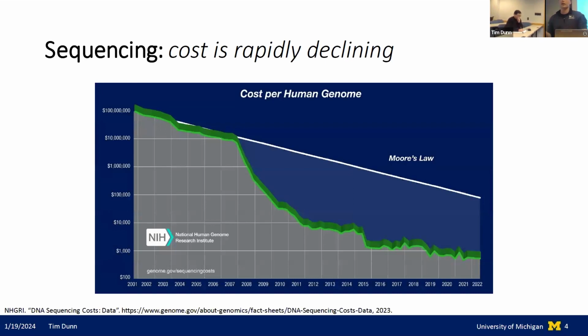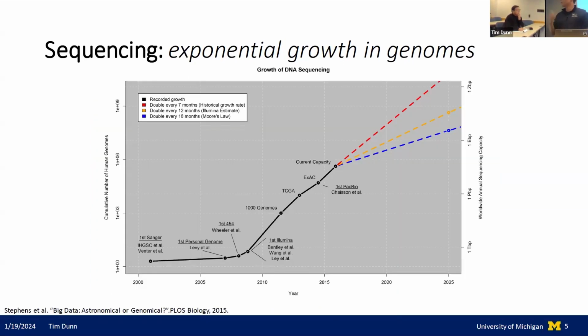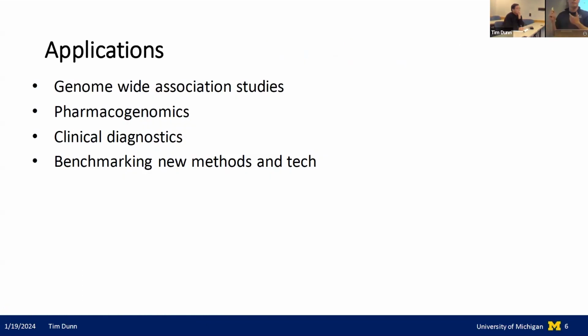As you all know, sequencing cost has been rapidly declining over the past few decades, and the cost per human genome went from over $10 million for the first effort. Now it's well under $1,000. And with that lowering of cost has come an exponential growth in the number of genomes being sequenced. Some of the downstream applications are, of course, genome-wide association studies, drug development, clinical diagnostics, and benchmarking new